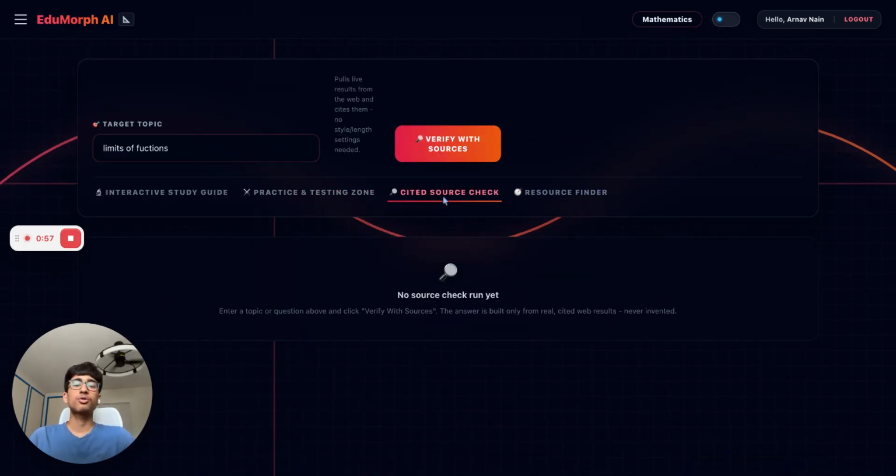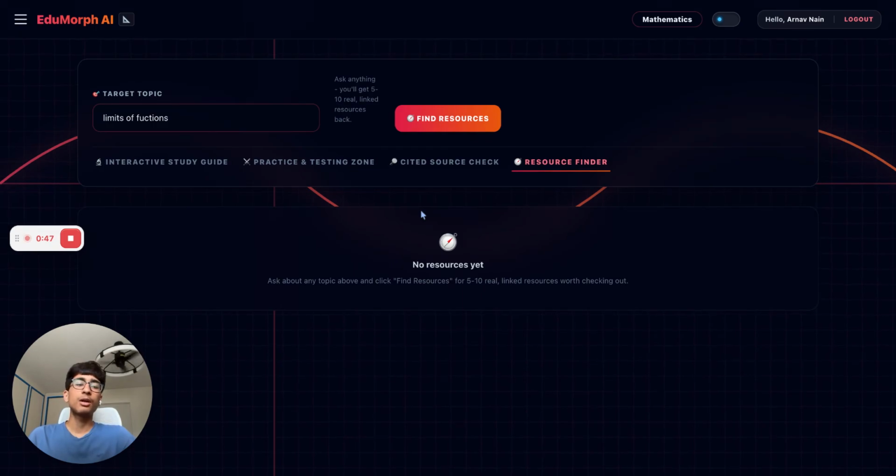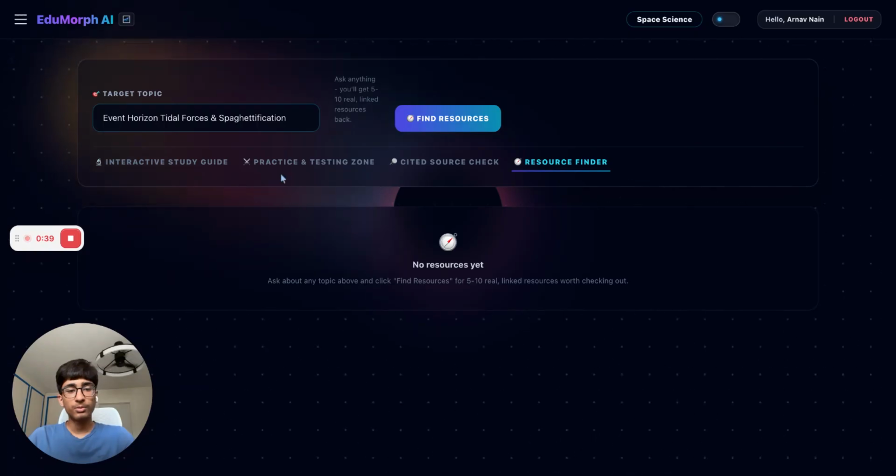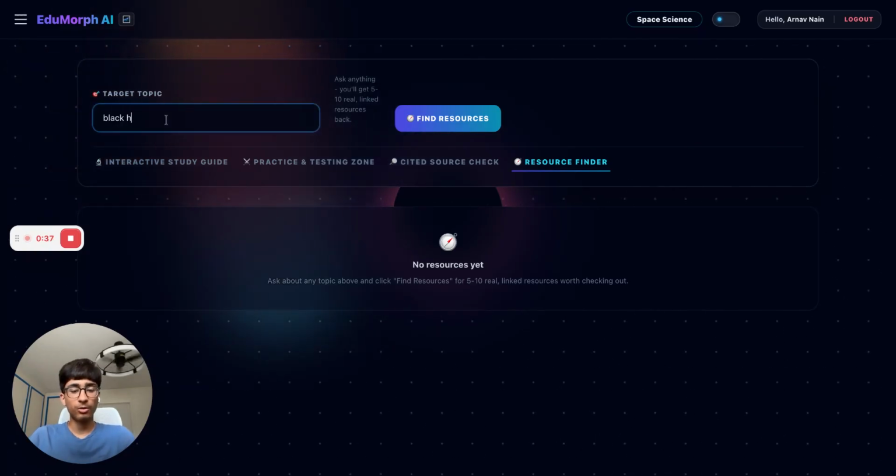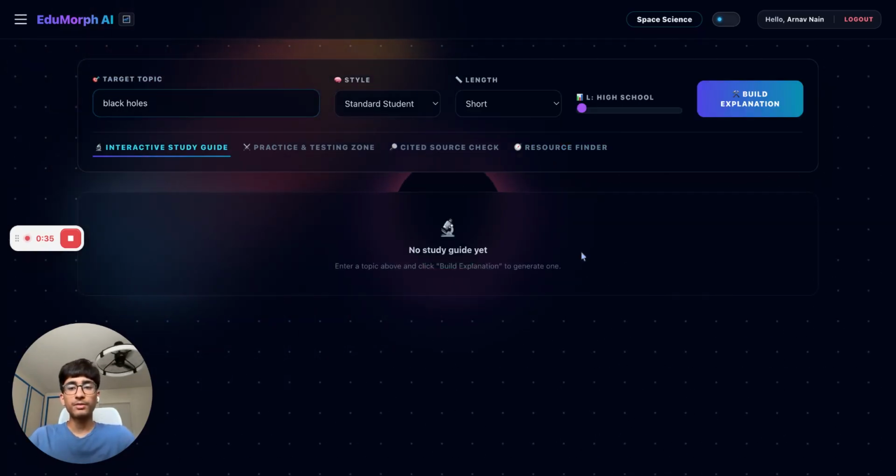And then cited source check. It'll basically give you a very brief description about a topic you're asking based on reputable sites like .edu and .gov. And a resource finder just gives you a handful of resources from respectable sites, which you can use to study on your own. Now, let's go to space science and let's click black holes, for example, interactive study guide,